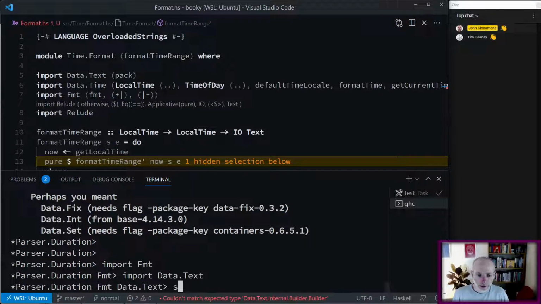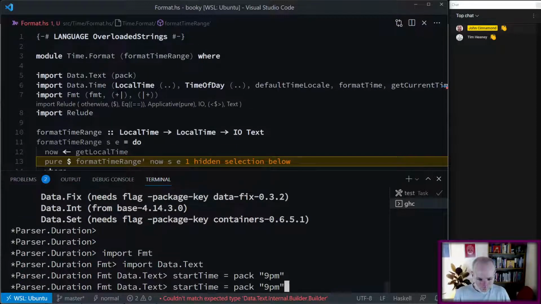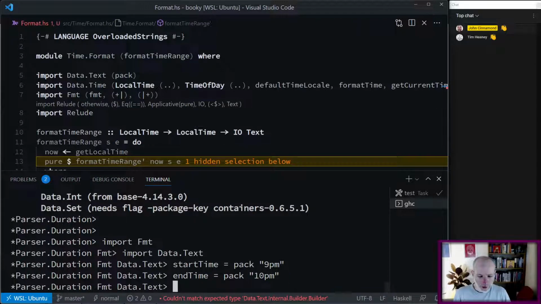So something like start time is, and then we can say pack something like, that doesn't really matter, I guess. There's a string. And end time is this. And then we can say font of